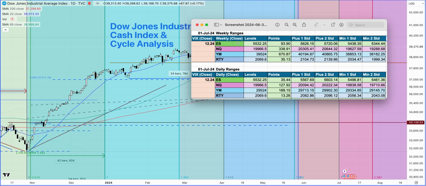So namely the S&P 500 E-mini futures, the NASDAQ 100 E-mini futures, and if you go and take a look at these numbers, the ES, for example, it actually came pretty close or might have actually hit the exact number. And what the NASDAQ did was it crossed the +1 standard deviation to the upside, and it finally settled between the +1 and +2 standard deviation. So please pay attention to these levels.